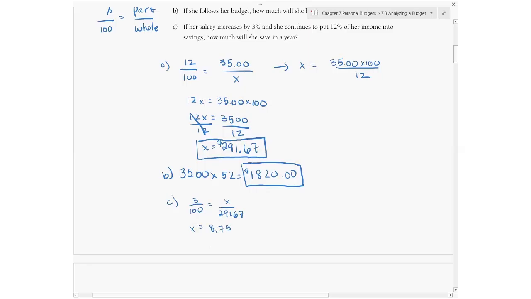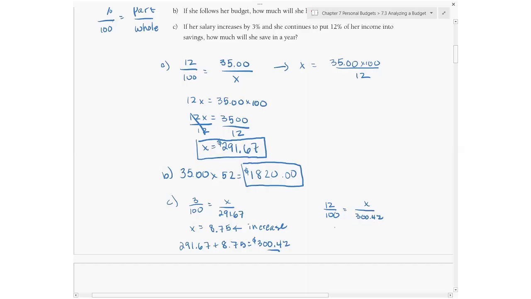Now, she's obviously not making just $8.75. We need to add that on because that's the increase. So that's your increase there. So now she's making 291.67 plus 8.75. So 8.75 plus 291.67 gives me $300.42. So that's how much she's making per week now if she gets a 3% increase. And now she's going to continue to put 12% of her income into savings. So now we're going to say 12% of $300.42 is how much? And again, you can just do 12 divided by 100, which is 0.12, and multiply it